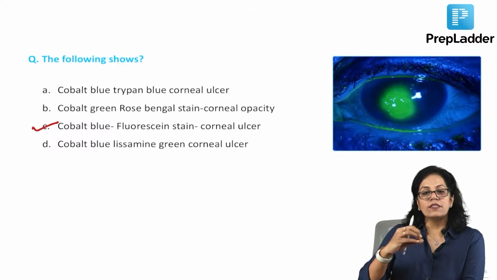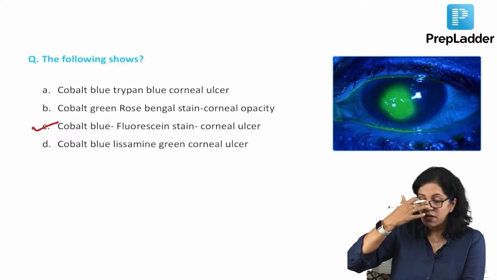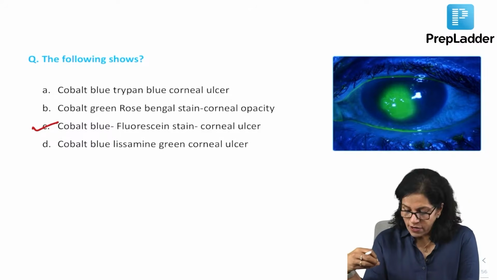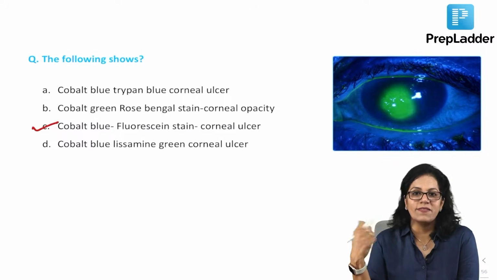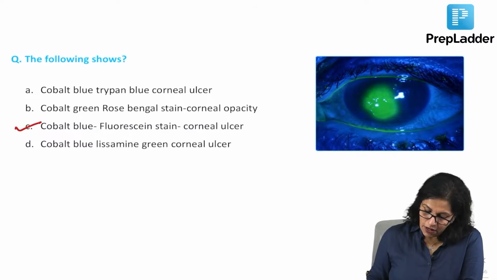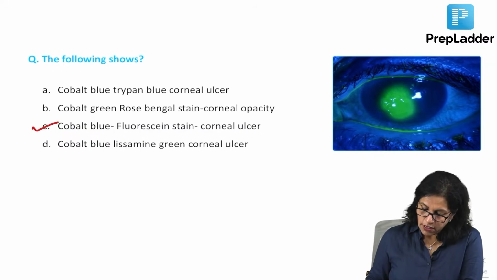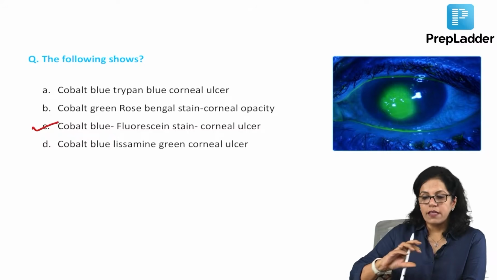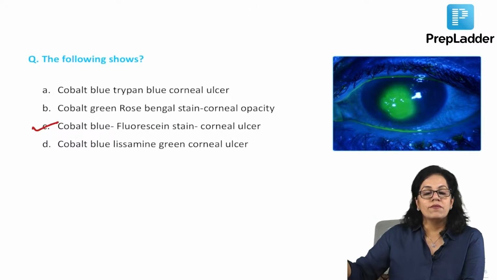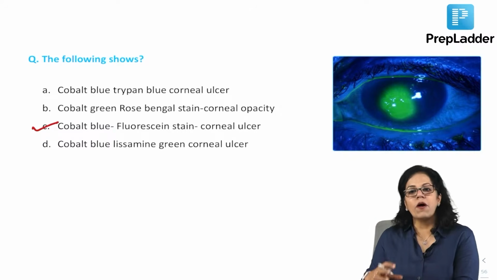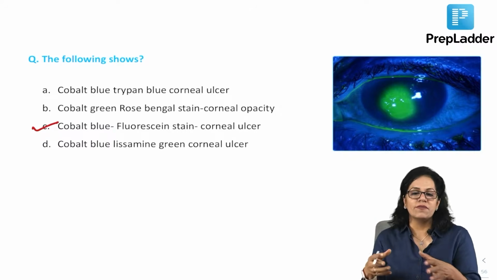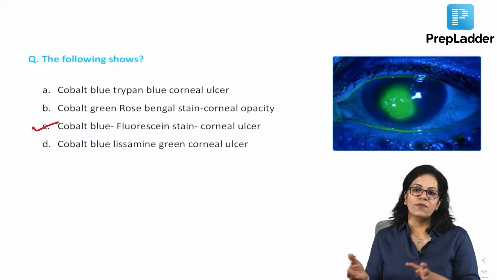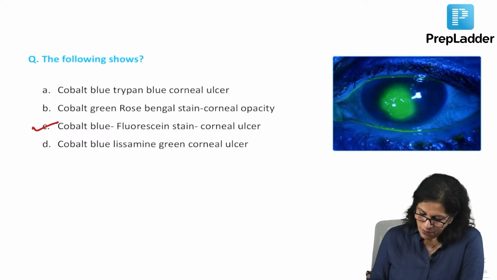What is the process or method of fluorescence? You should know how a shorter wavelength of light is falling and it is emitting a longer wavelength of light, right? I shouldn't say lower, I meant shorter wavelength of light is shown and it is emitting a longer wavelength of light. So, this is the property of fluorescence. We are going towards physics here. Just remember, we generally stain the ulcer with fluorescein and view it through cobalt blue light.